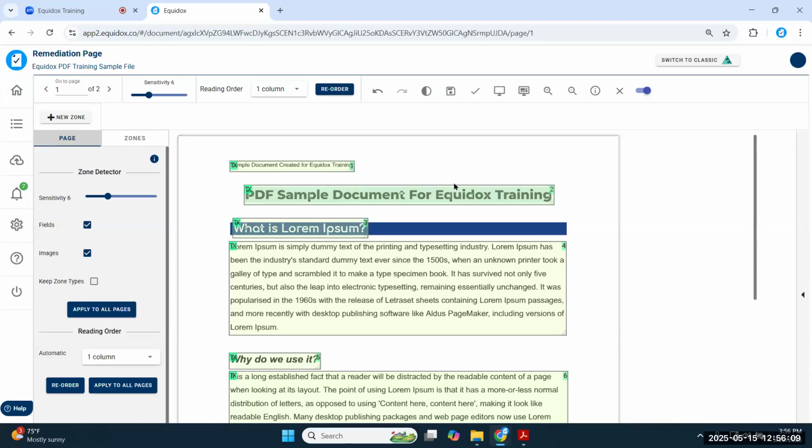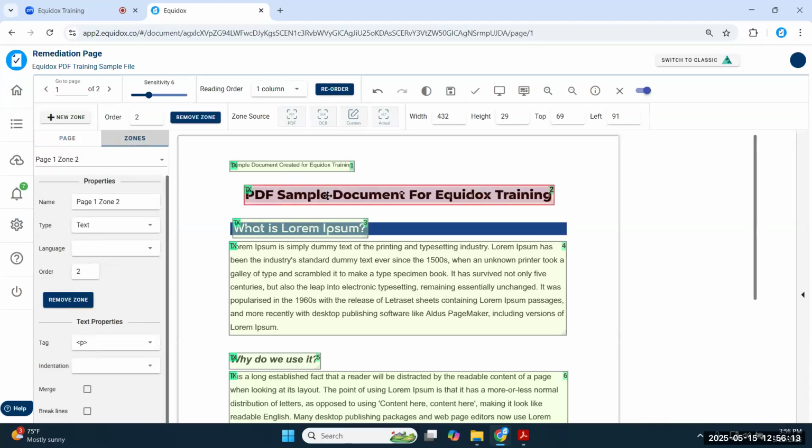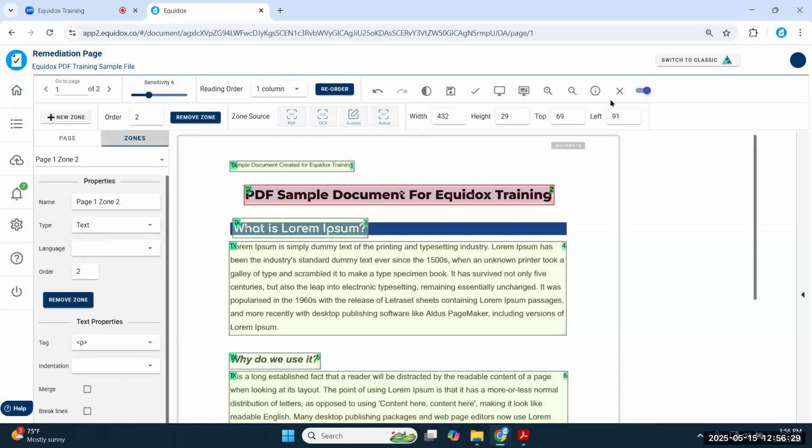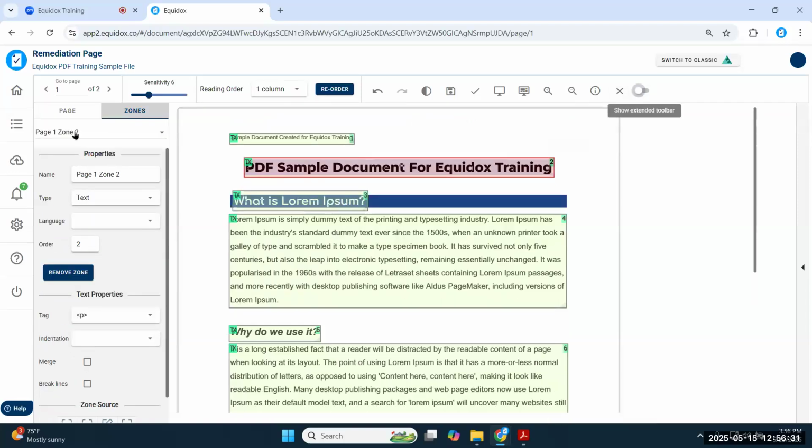Okay, so those are two of the main functions there. Now, if I were to click on a specific zone, like one of these yellow rectangles, you'll notice that the top menu up here lights up with a whole bunch of new options. All of the functionality that just popped up on our screen here is also available on the left-hand side. So I typically hit this little blue toggle switch to hide that second menu, because as a mouse user, I don't use those functions all that much. And if I need to use them, I can always come over to the left and scroll around and find it.